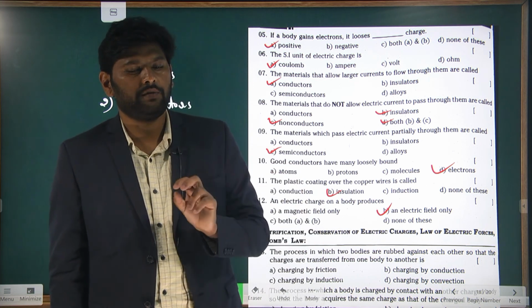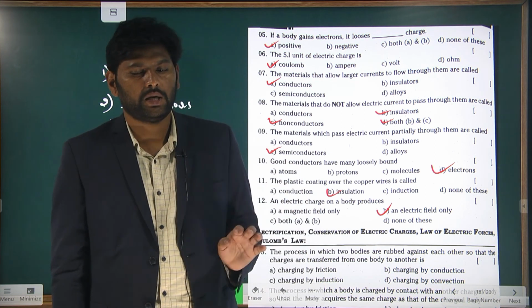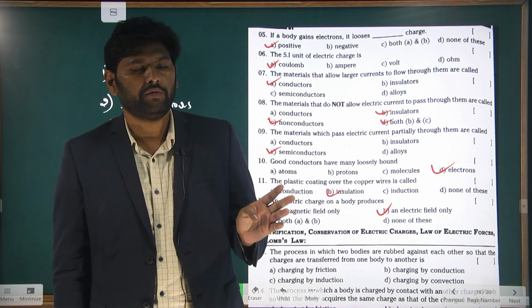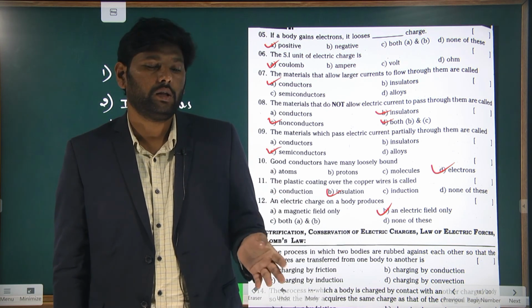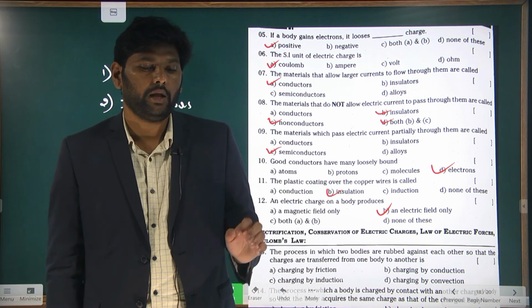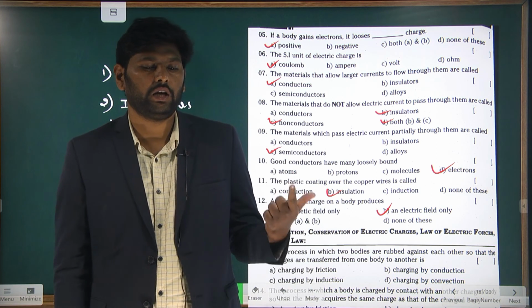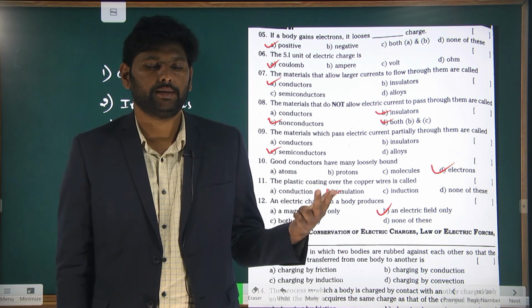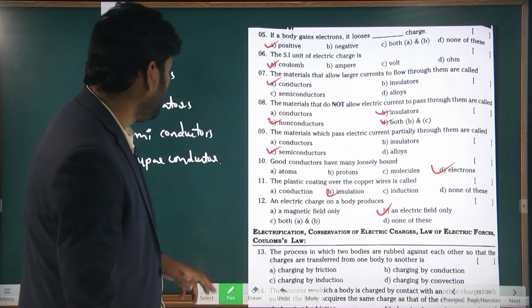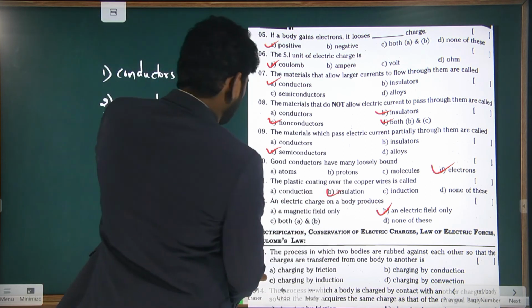The same charge, if it is in motion, will produce a magnetic field as well as electric field. But the same charge when it is accelerated will produce magnetic field, electric field, and some radiations also. So this is a small part related to this topic. And next, let's talk about the next questions.